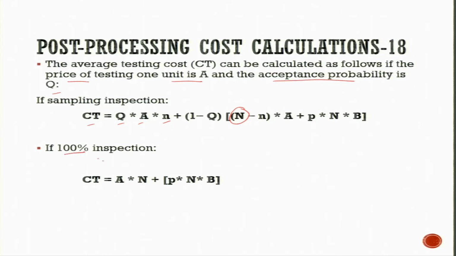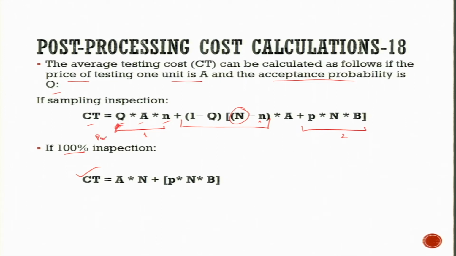Then for the 100% inspection, this cost is there because the small n turns to the capital N only. So the testing has been taken upon the N components here. So this component becomes 0. This makes only the component of equation 1 and 2 into the calculation,